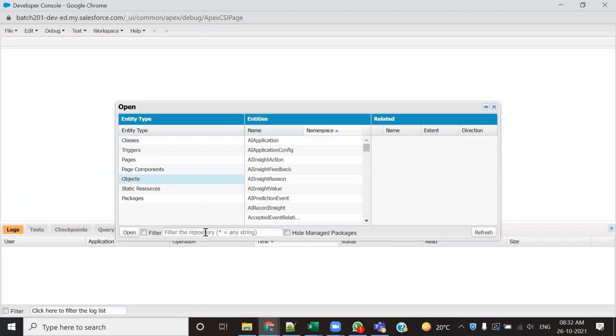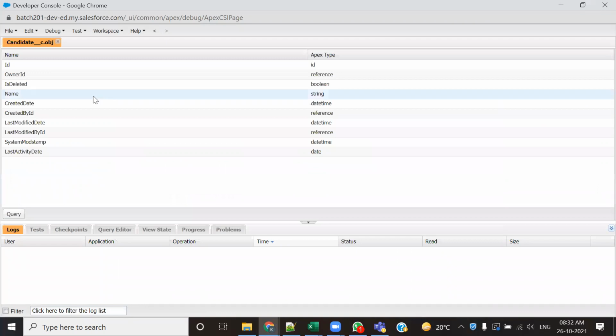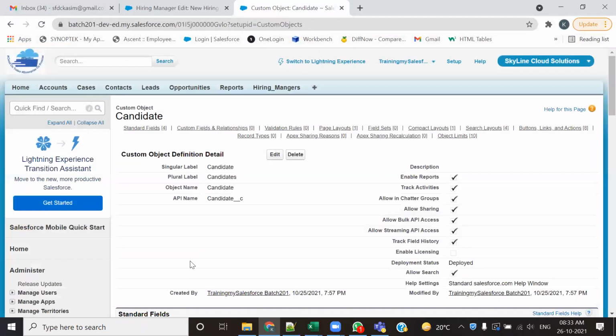See, objects में जाता हूँ. Here the object is going to get listed out. Here the object हमारा. These are the fields right now inside the object. And with the use of a query, I could access the object. So developer सब कुछ कर सकता है. Developer doesn't at all require a tab for the object. So, tab नहीं चाहिए. But when we are working on the admin side, when we are on the configuration side,